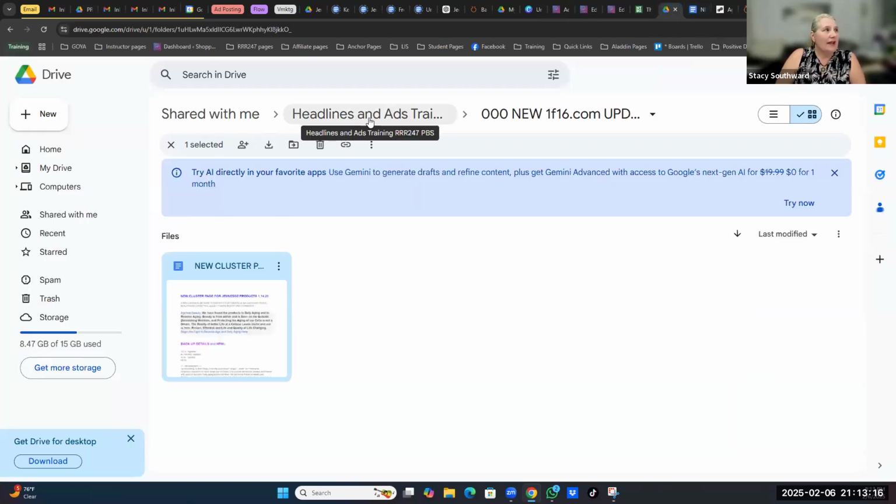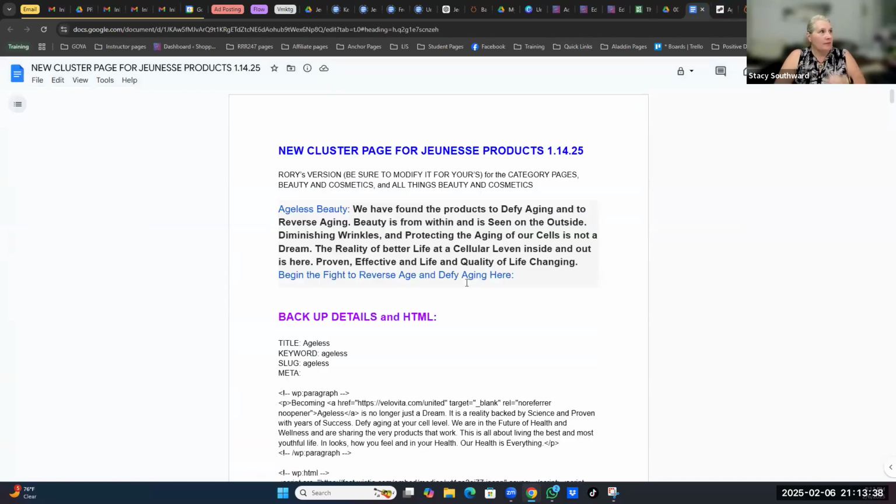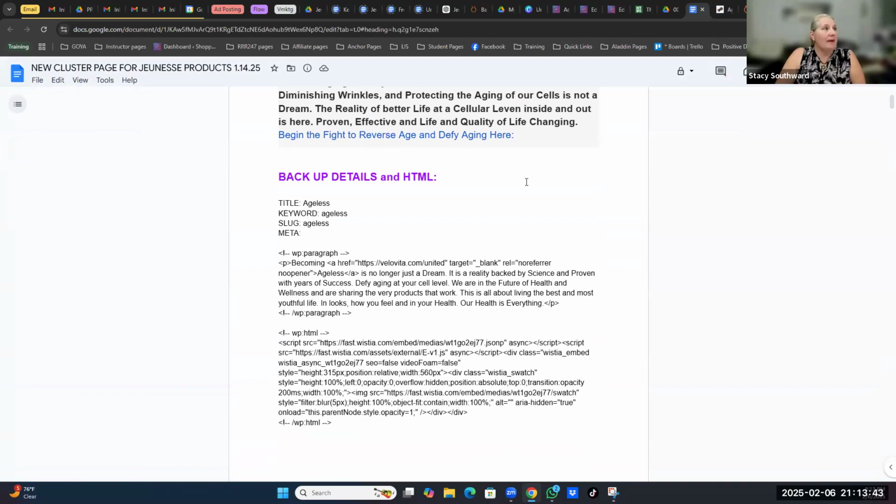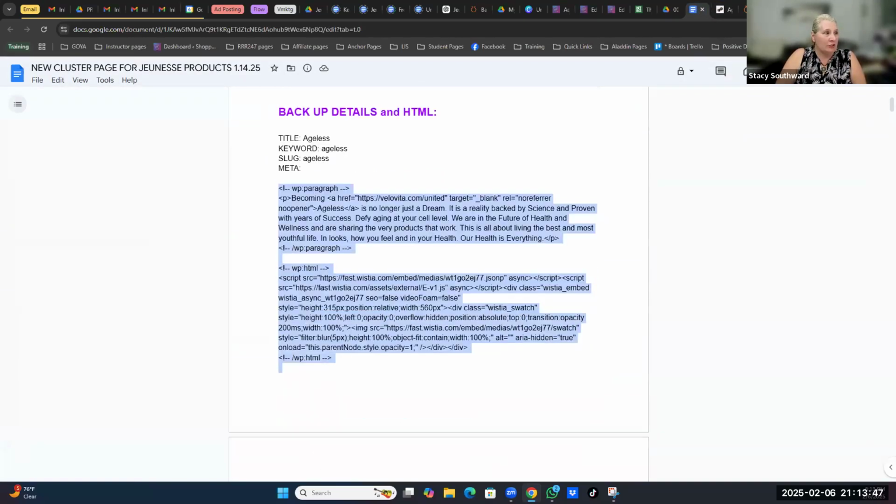Under headlines and ads training, he has another folder called new 1f16.com updates. And inside it, he's got a page called new cluster page, and it actually says for Juness products. And I've opened it up here. And so these are the backup details. So if you're going to copy it from here,